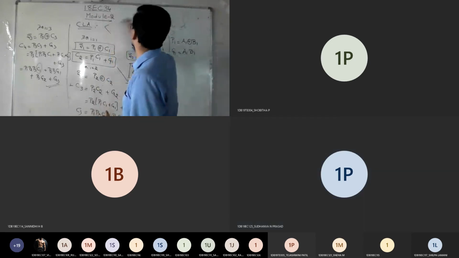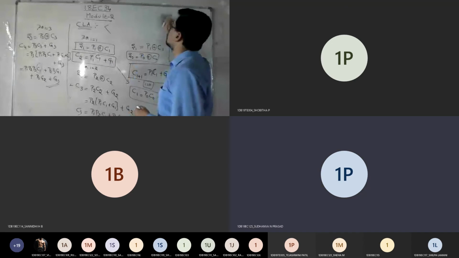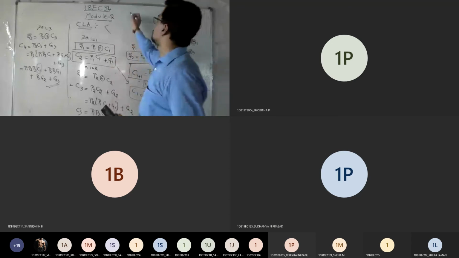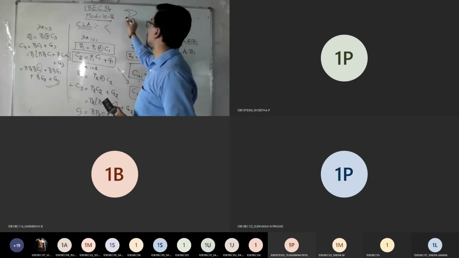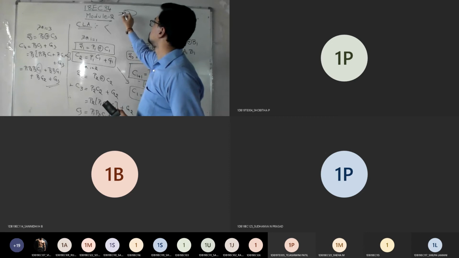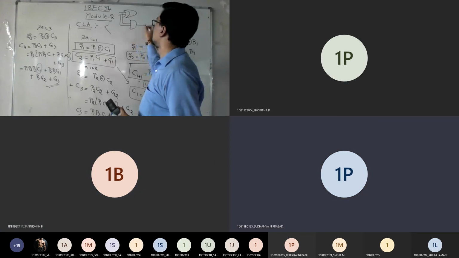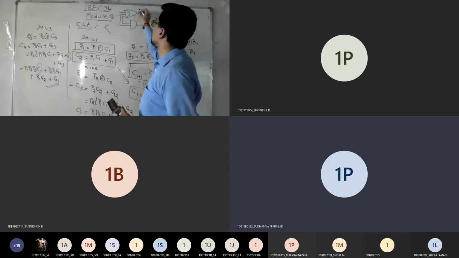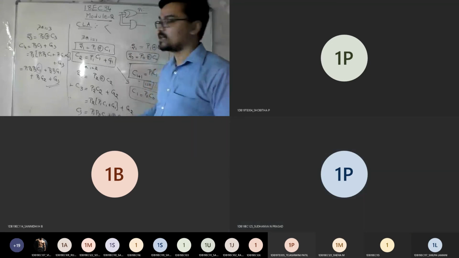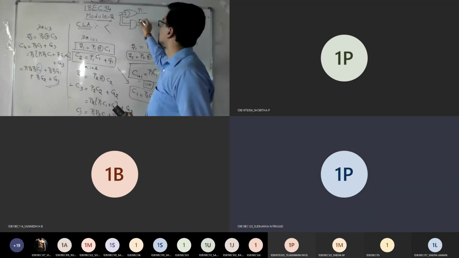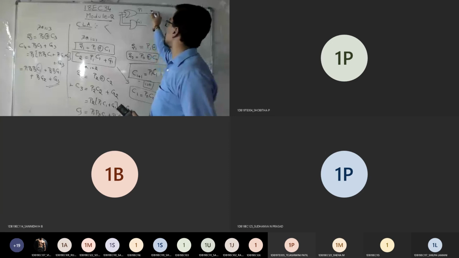Okay, let me write this once more. Okay, listen now. So there is an XOR gate. Is it visible what I'm writing here? Yes, sir. Can you adjust this please? Yeah, this is your PA, right? Okay, so this is your GA. So earlier what I did, I connected this XOR gate and I took this as Si.